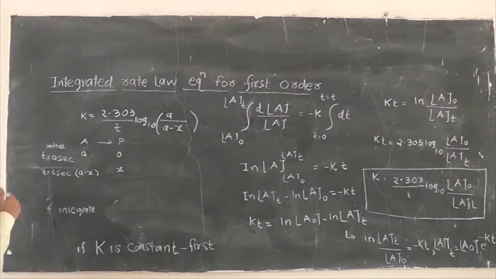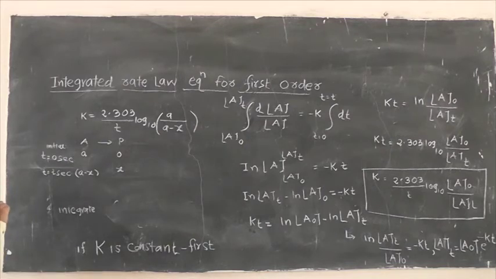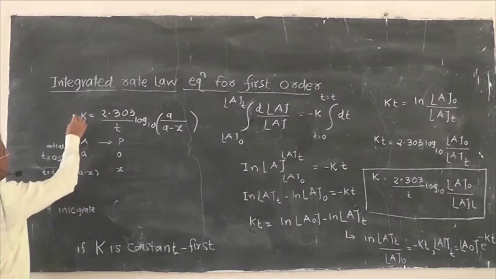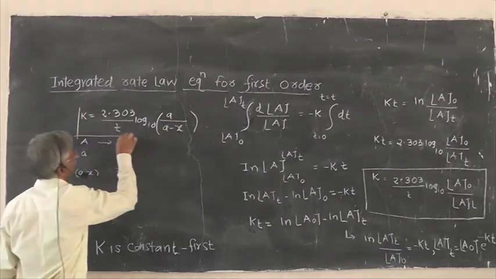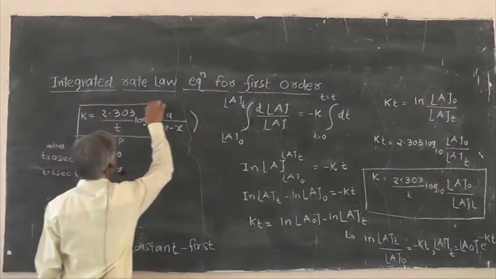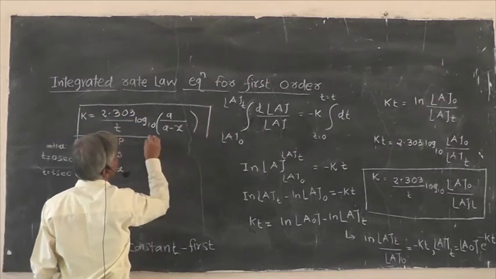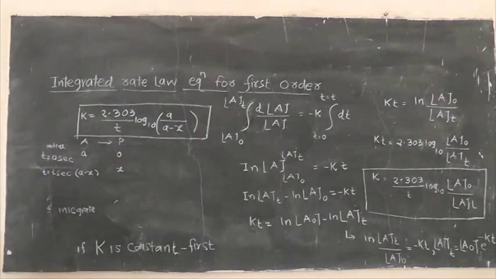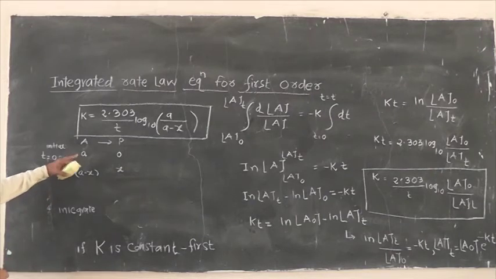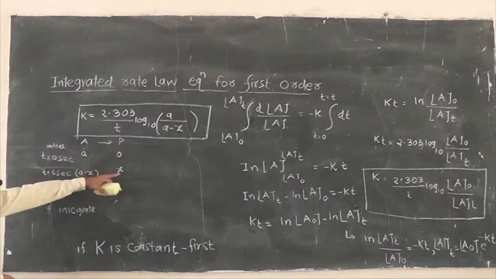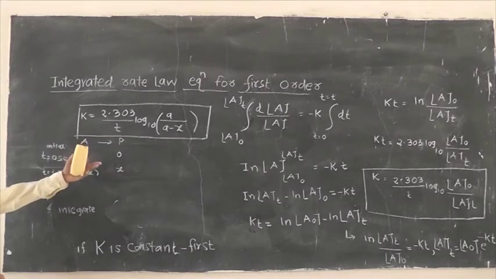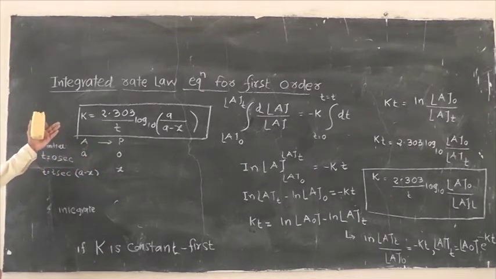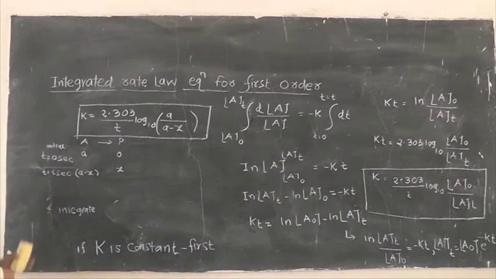This is also one more form of the equation. I will write it here for the purpose of calculation. This form is generally used when we have the reactants in terms of amounts of, say, grams. This much gram we have started with, and we have this much amount of the product obtained at a certain time. In that case we can use this form of the equation.